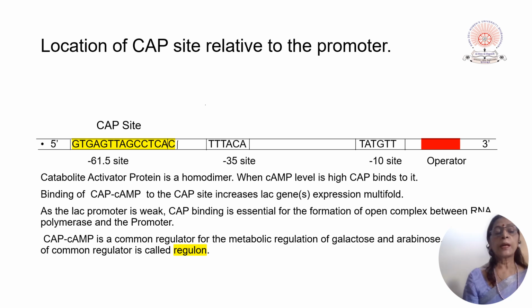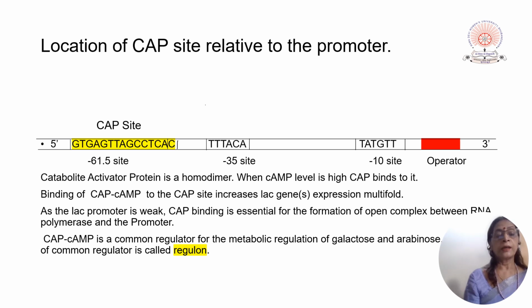It occurs at minus 61.5 with reference to the start of transcription site. CAP binding increases the expression of the genes Z, Y, and A many times. It has been calculated that the gene expression increases 50-fold by the binding of